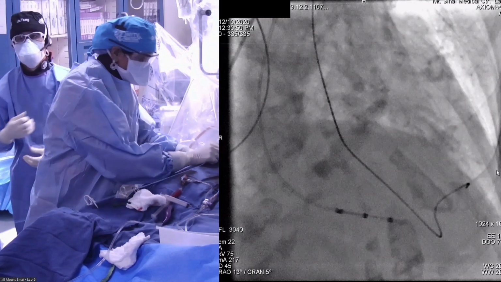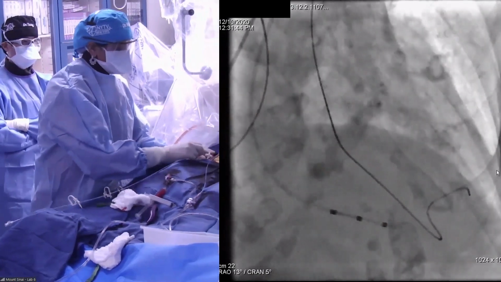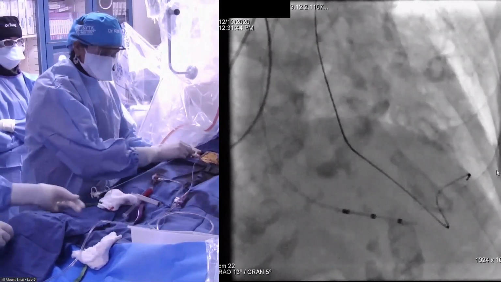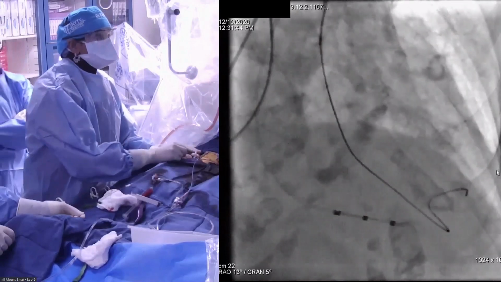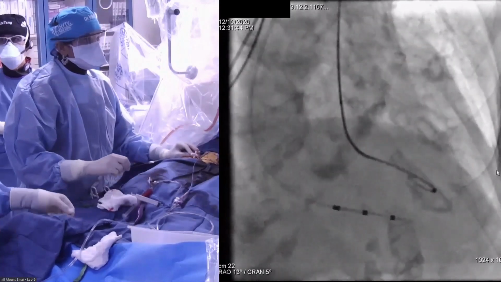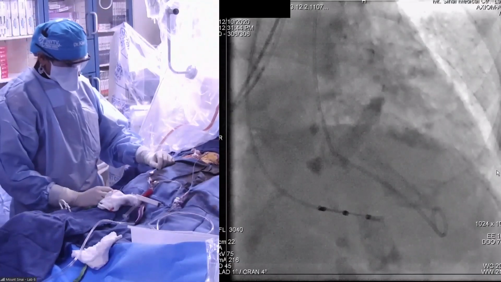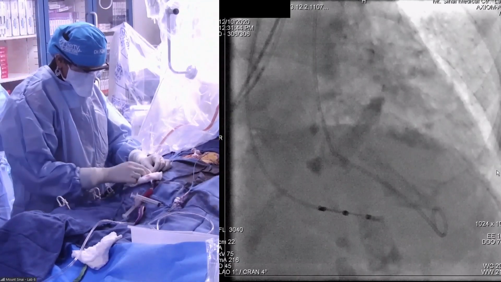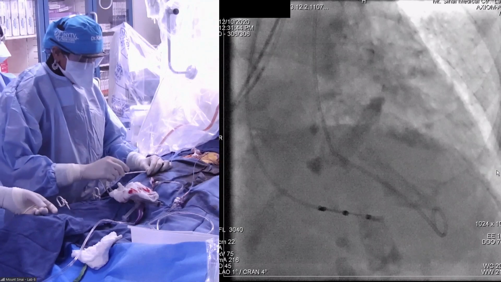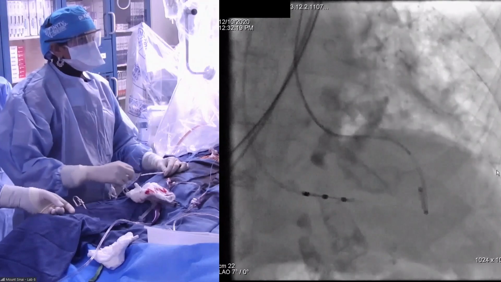So now we are ready. The valve has been crossed with the AR2 and exchanged with the exchange length wire. Now going with the pigtail so that it changes to Confida. Yes, Safari. We like to use Safari because of the small ventricle, especially in a 91-year-old. But one thing to make the point is that this patient, as you have talked about, has a pre-existing right bundle branch block. So any inducible heart block can happen once the wire is crossed. We actually have Ramon here standing by the pacemaker, just in case we have to temporarily pace because of inducible heart block from wire manipulation.